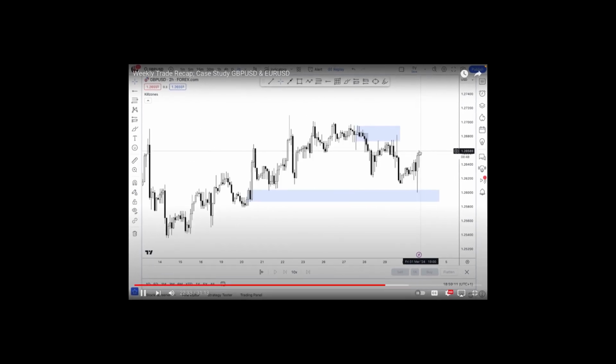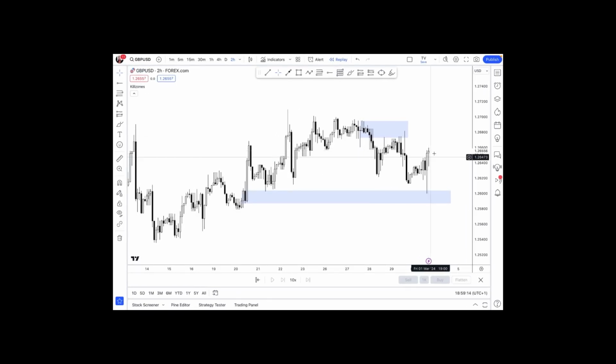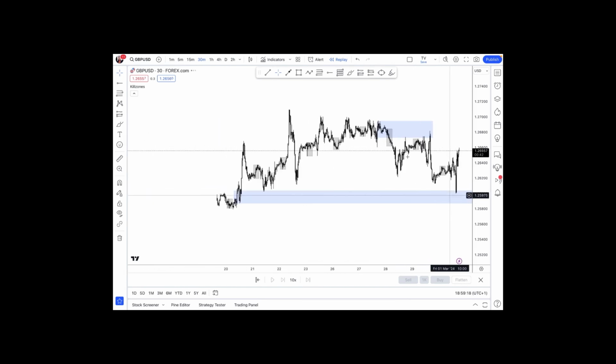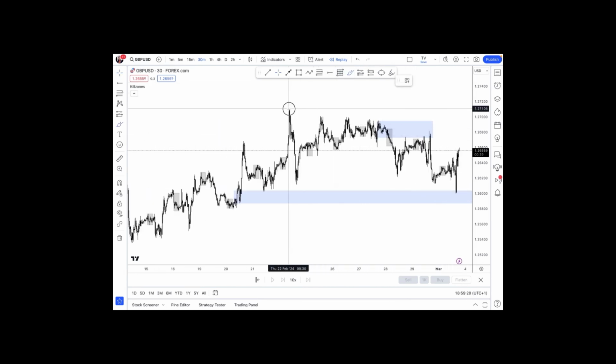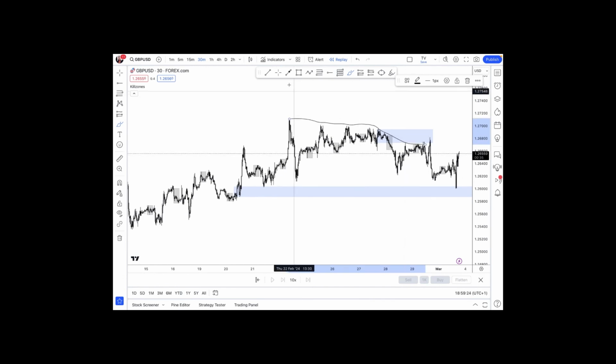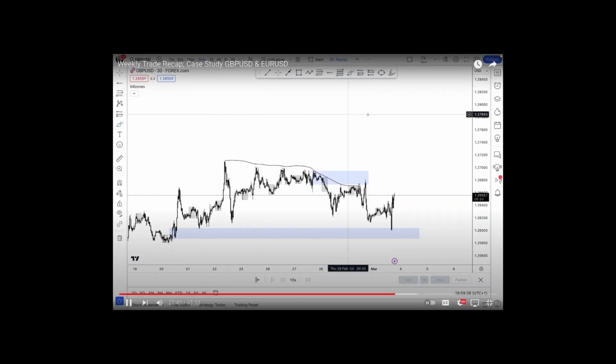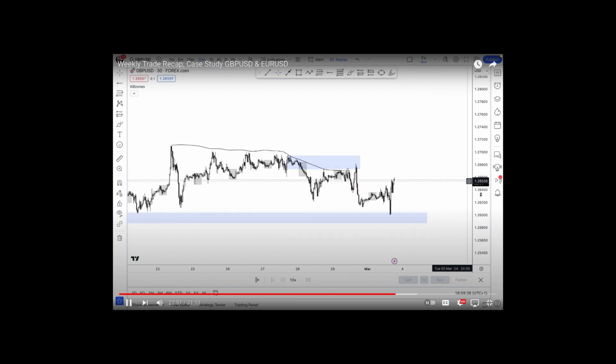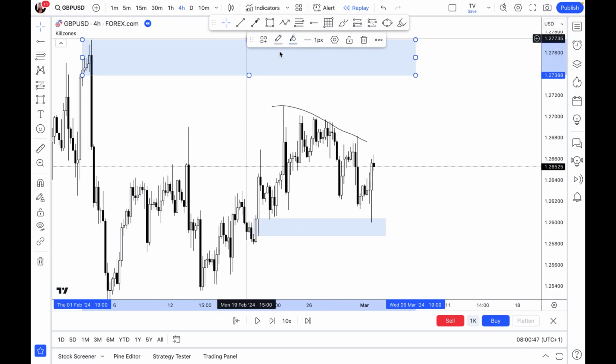Okay, so now this is Friday today. This is where price is at. So I'm still actually bullish on GU. I'm still expecting these highs to be cleared out, and I'm expecting price to push above into the supply zone that we have right there. As you can see right there, I mentioned it.